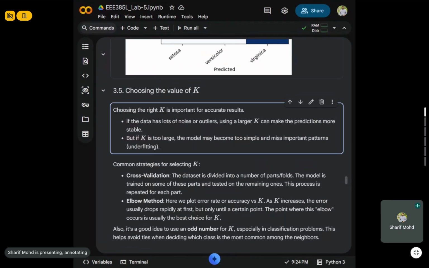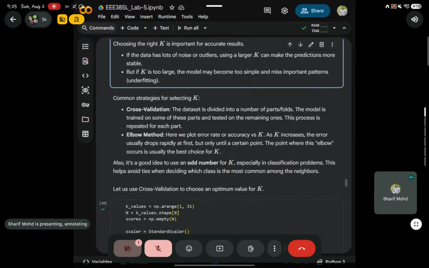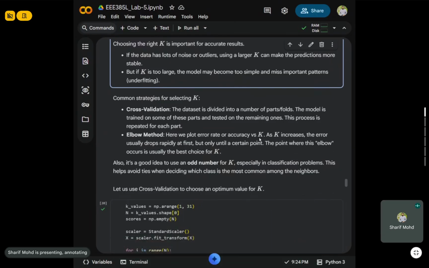So there are common strategies to choose the right value of k. One is the cross validation method, we have already discussed that. And then we have the elbow method. In elbow method, what happens is that we plot the error rate or the accuracy versus k. মানে k বাড়ালে আমাদের এরর অথবা অ্যাকুরেসিটা কিভাবে ইনক্রিজ হয়। Let me just show you guys what it means. So just real quick আমি একটু দেখাই দিই আপনাদেরকে।